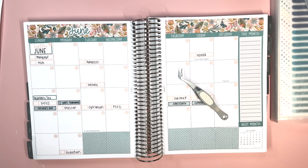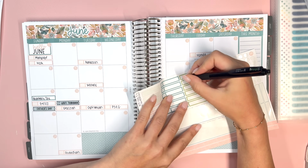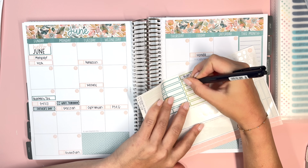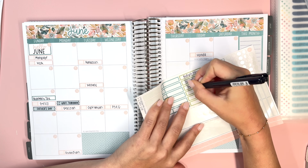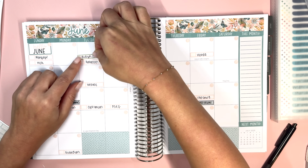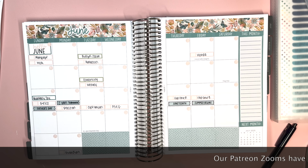All right, now we need to add in my Patreon Zooms for the month. So our Patreon Zooms, I'm going to take, let me write here. Budget Zoom, co-working, and plan with me. We have 3 Patreon Zooms in the month. Depending on what tier someone has joined, they have access to 2 or 3. So the budget Zoom is available for those who are in the budgeting tier on Patreon,